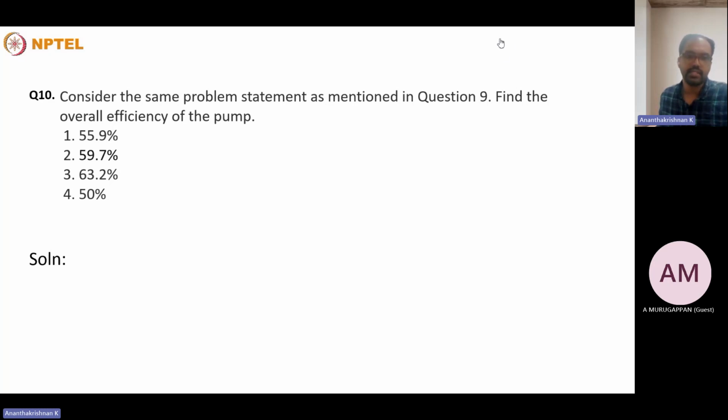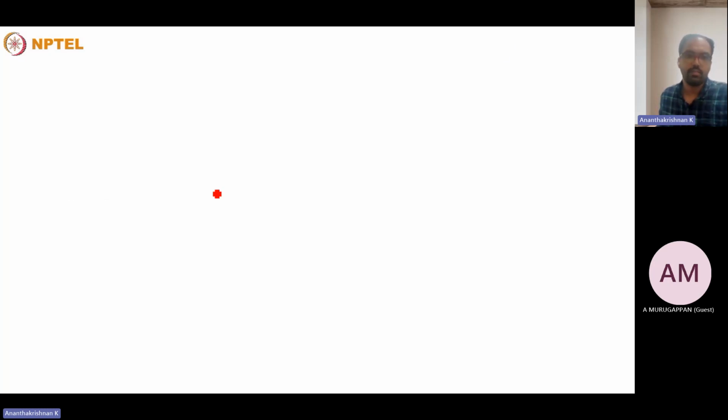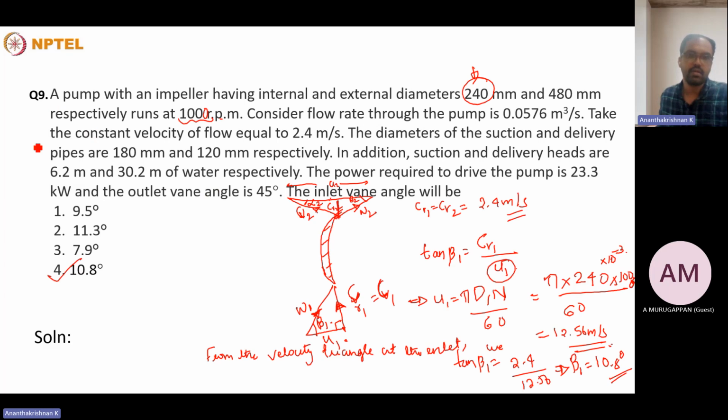The problem statement remains the same as in the previous question. We have internal and external diameters of 240 and 480 mm for the pump impeller, and a flow rate of 0.056 meter cube per second. The flow velocity is taken as 2.4 meter per second,